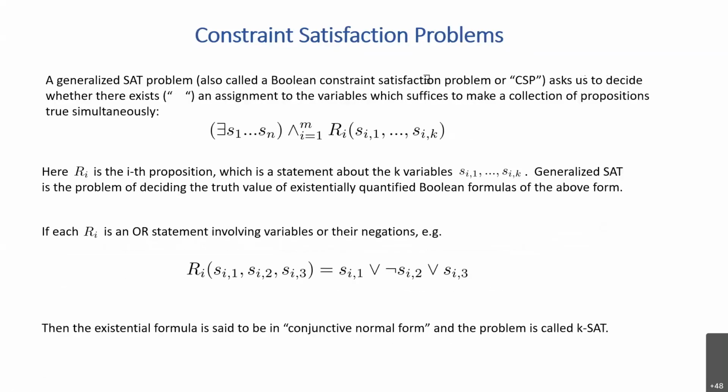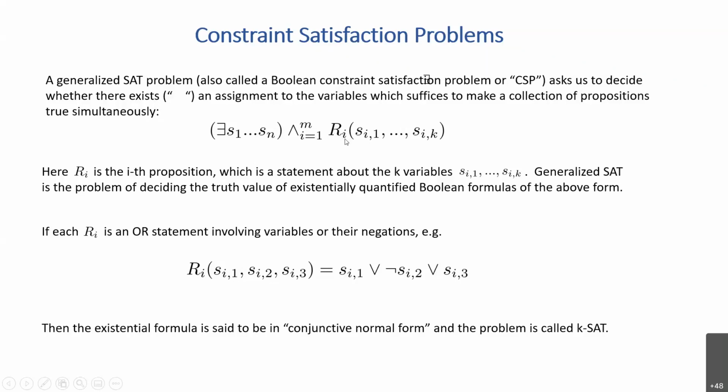So a generalized SAT problem, or a Boolean constraint satisfaction problem, a CSP, asks us to decide whether there exists, this existential quantifier should be there, sorry for the formatting issue, an assignment. Does there exist some assignment to these Boolean variables that makes a collection of propositions true simultaneously? So does there exist S1 through Sn such that,